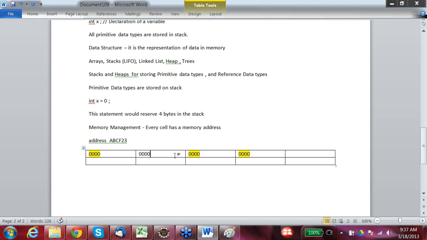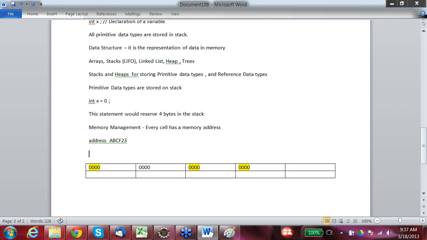Right? So it would be stored something like this. There would be 16 bits preserved for int x is equal to 0. Right? Is this clear?